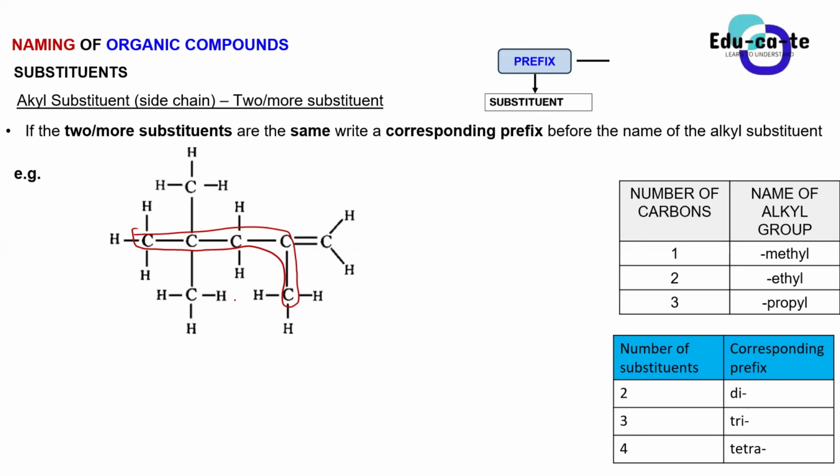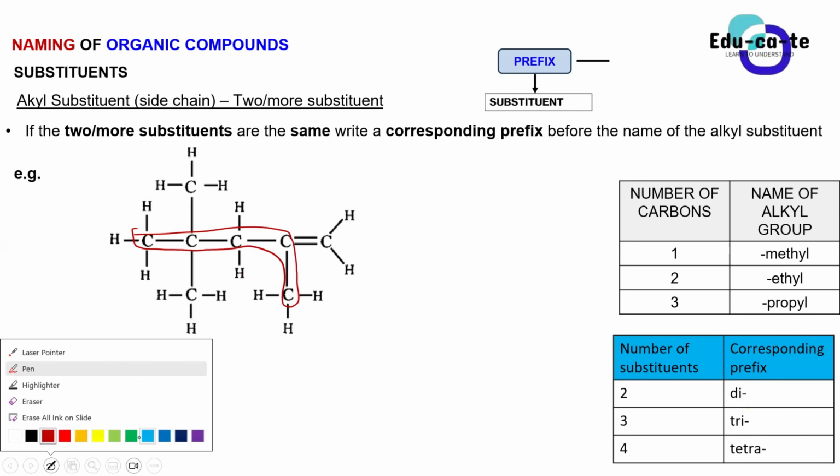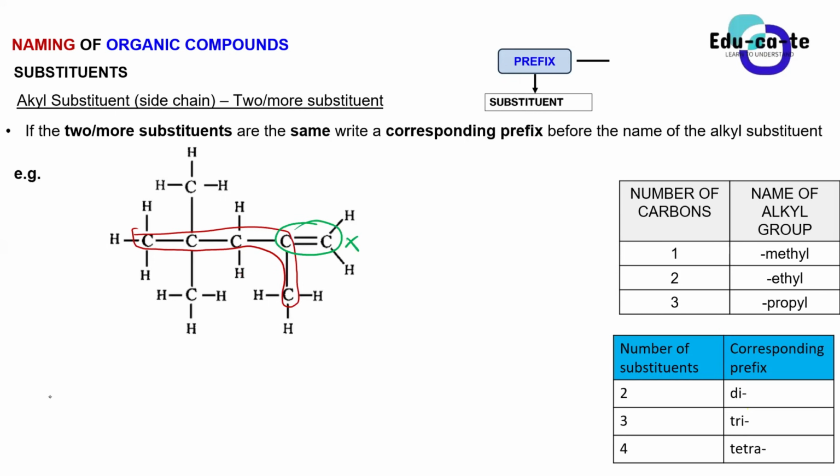Remember, guys, we said that the parent chain not only has to have the highest number of carbons in it, it must also contain the functional group. So this one still has 5 carbons as well. Someone would justify and say that we still have a high number of carbons in it. But the functional group, in this case the double bond of alkenes, is not part of the chain. If it is not part of the chain, it can never be the parent chain. So your parent chain, no matter what happens, must have the functional group in it. So this one is our parent chain because we do have the double bond in it.